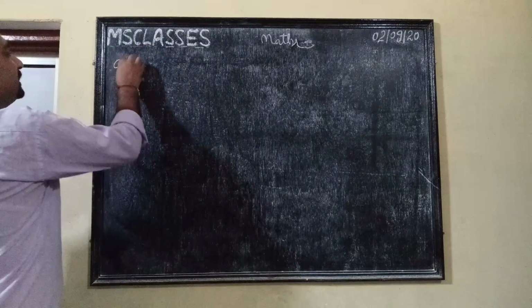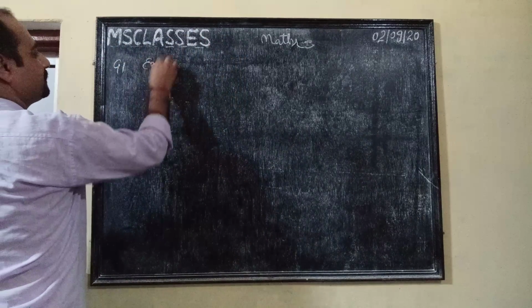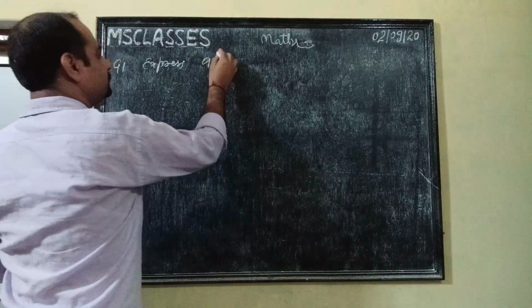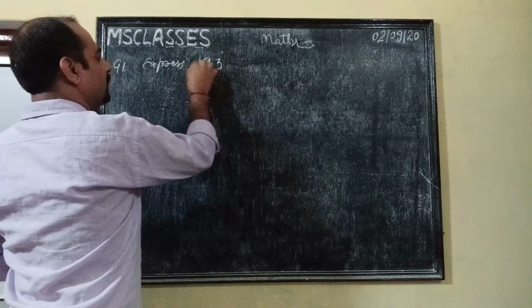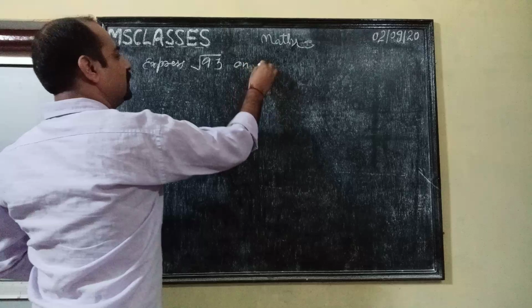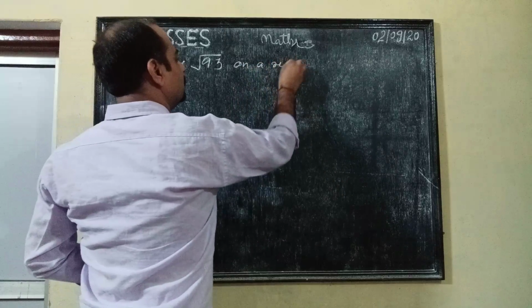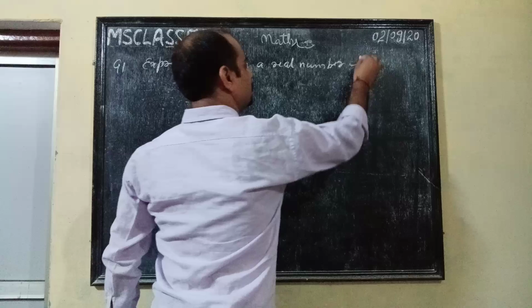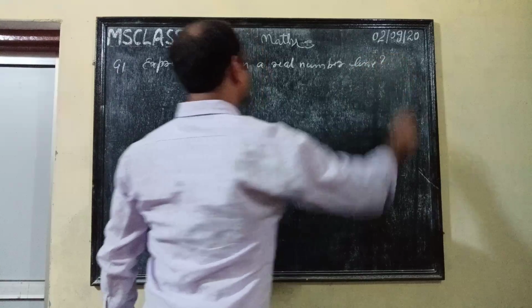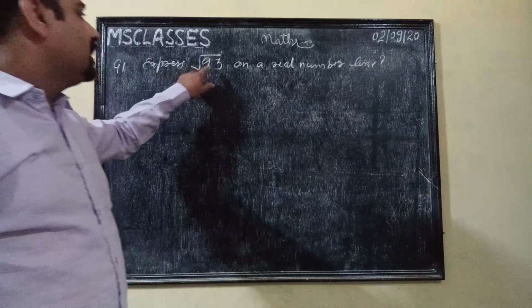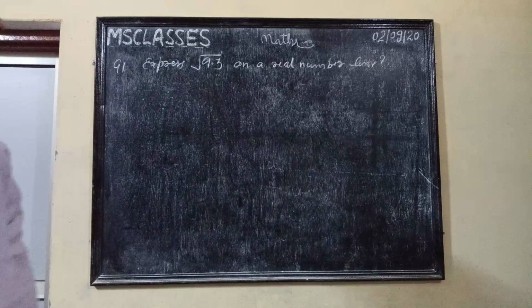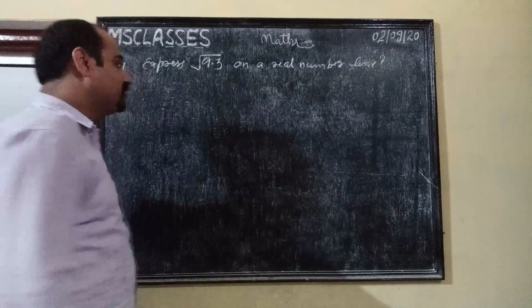So your example is express under root 9.3 on a real number line. This is your question. How to express under root 9.3 on a real number line? This is your question. Right? So your solution is,